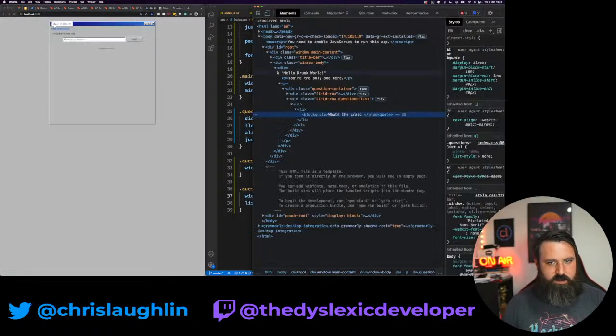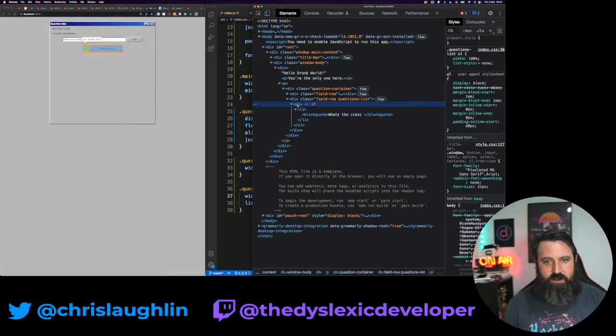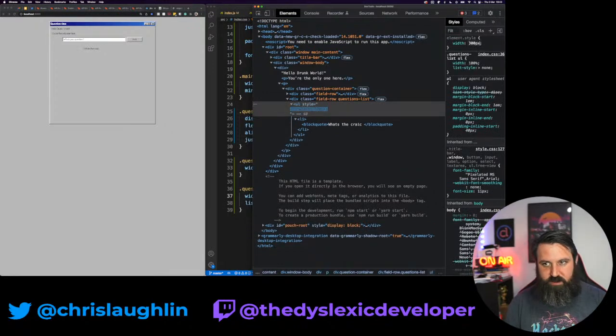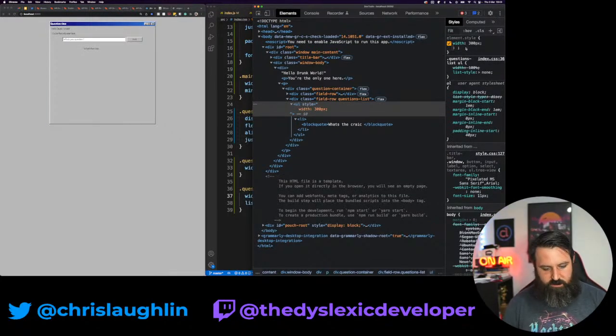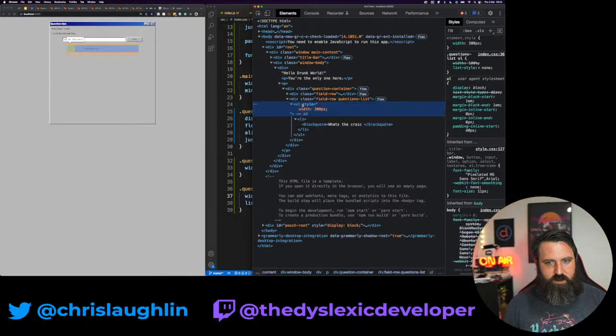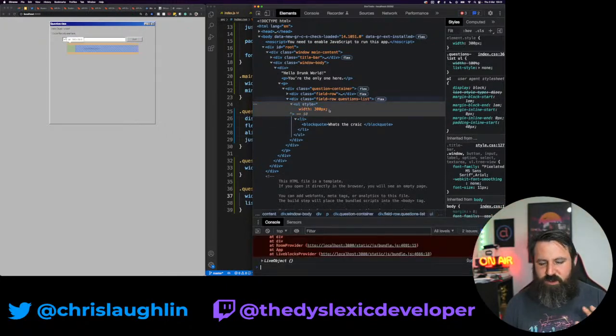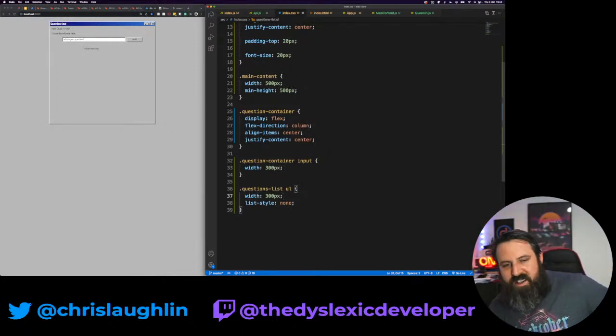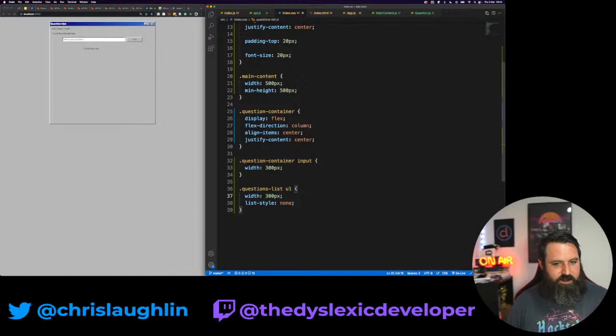So let's inspect this again. Block quote was probably the bad choice there. Because this is a demo, we're going to go 300 pixel. It'll do. All we need is a plus and a minus button at the end of every question. It doesn't need to be perfectly aligned. This is testing Liveblocks, not testing my CSS skills.